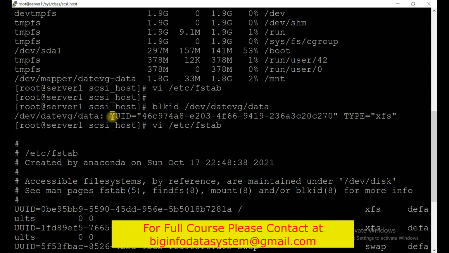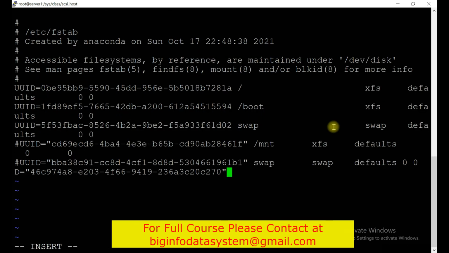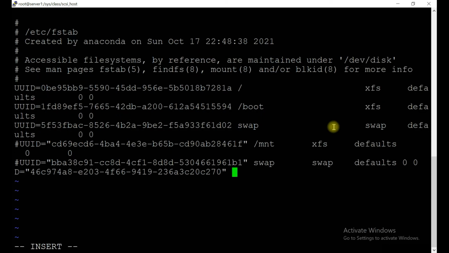Take the UUID. Mount point is /mnt. File system type is xfs. Take the parameters as defaults, and no backup required, so you can make it 0, but okay, we could make it 1. Let's just make it 0, and it depends on your requirement, whatever you want to put.